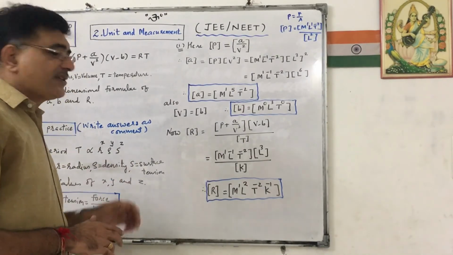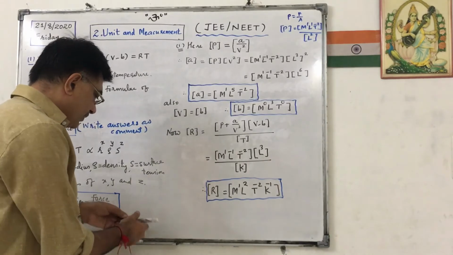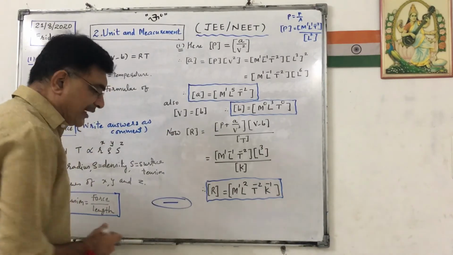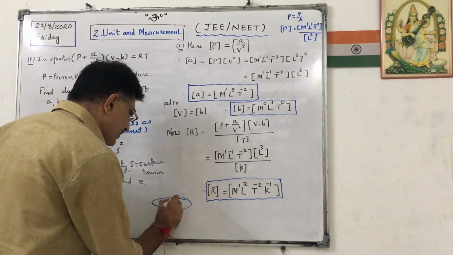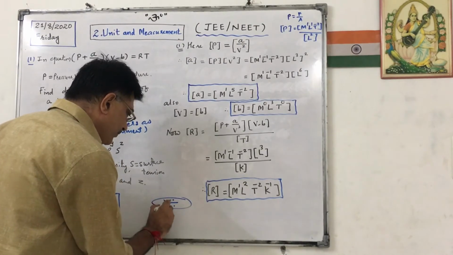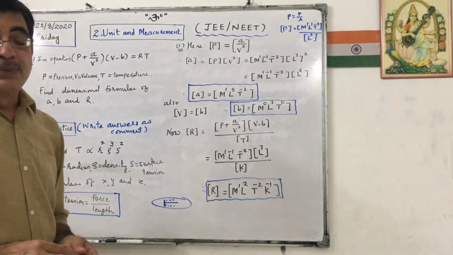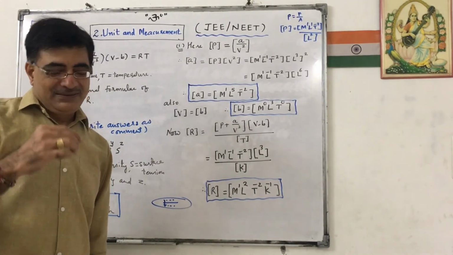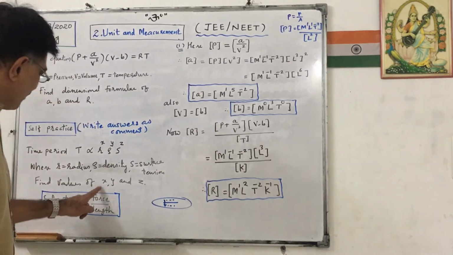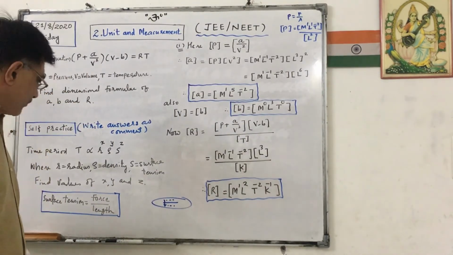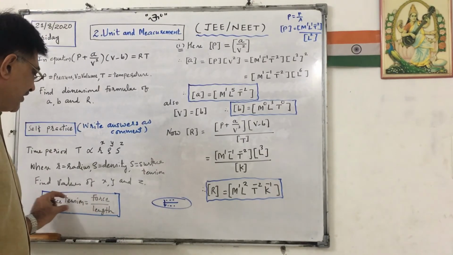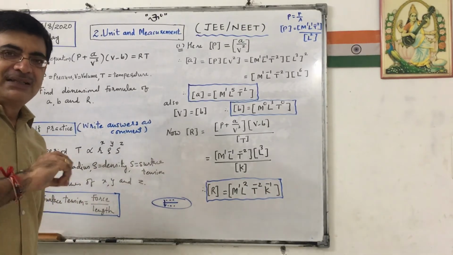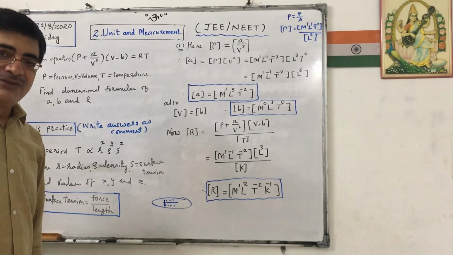What is surface tension actually? See, on the free surface of a liquid, if we imagine a line of unit length, the molecules on one side of the line will offer a force of attraction perpendicular to the line and parallel to the surface. That force per unit length is called surface tension. From this you can derive the dimensional formula of S. Then put all the dimensional formulae, T being one type of time. Then compare the dimensions and you will get x, y and z.